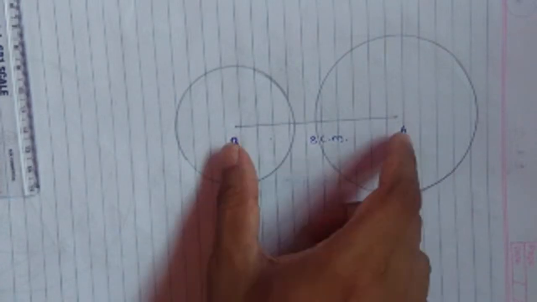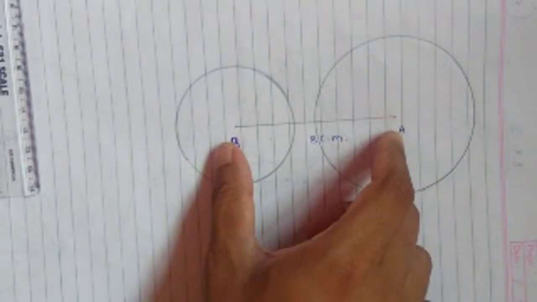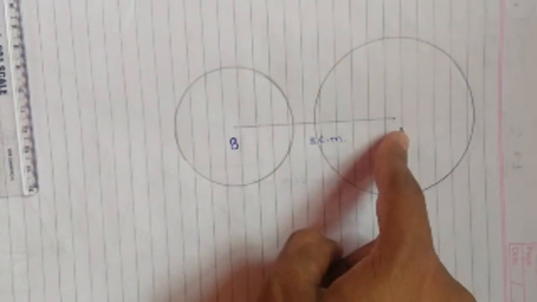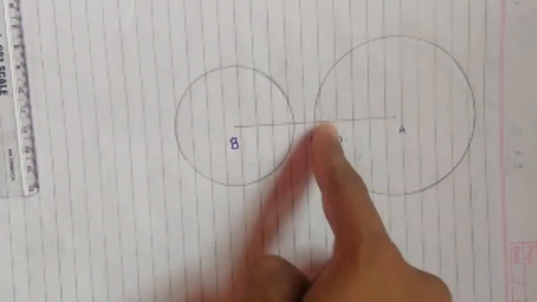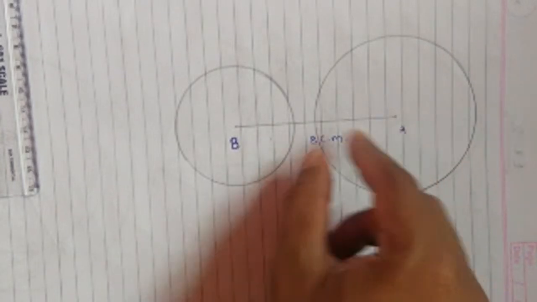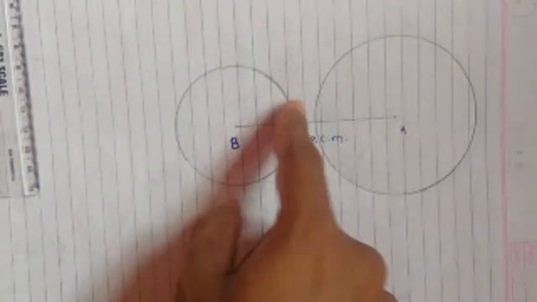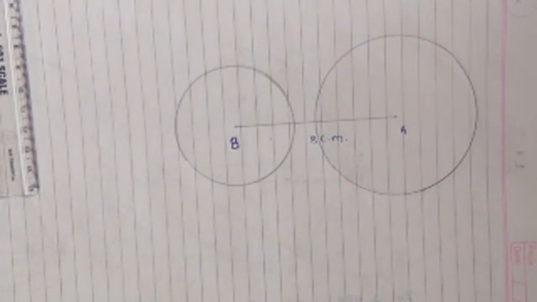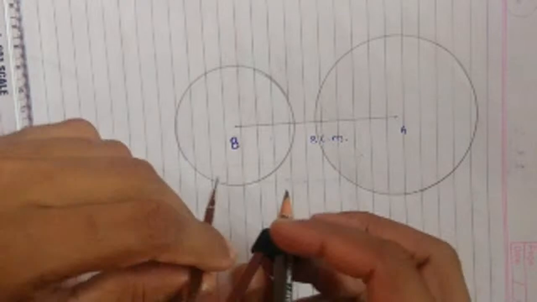Okay, first we consider AB as the line segment of length 8 centimeter, and taking A as the center, I draw a circle of radius 4 centimeter, and by taking B as the center, I draw a circle of radius 3 centimeter. Now I have to draw one circle